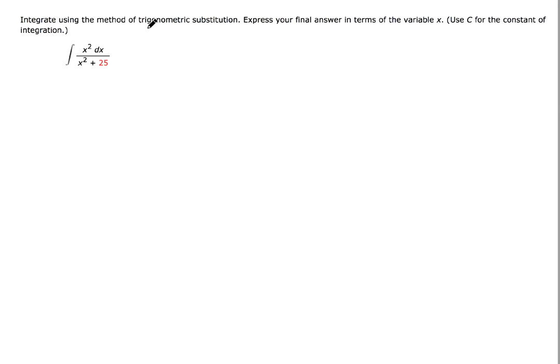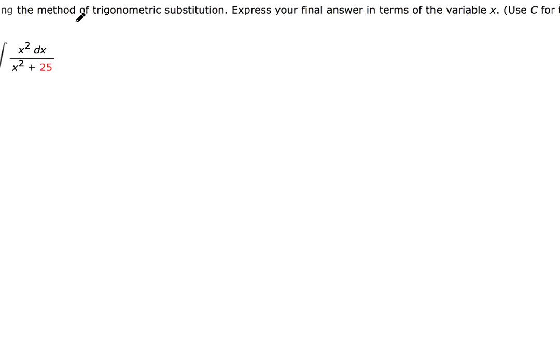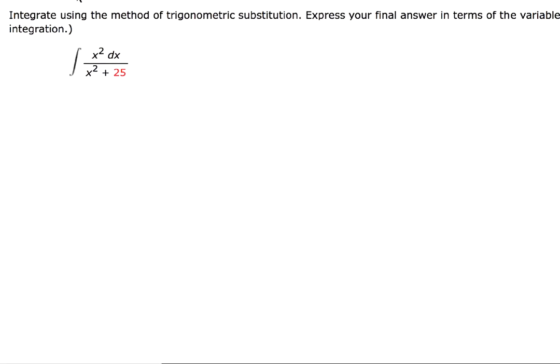This one's a bit tricky because it says use trigonometric substitution, but you'll probably hurt your head after a while trying to think about which trigonometric substitution works because of this x squared up here. So actually, we're going to use trigonometric substitution after we rewrite a bit, okay? One trick we have up our sleeve is that we can always rewrite before we try to evaluate an indefinite integral. And after playing around with it for a bit, one trick I thought of was